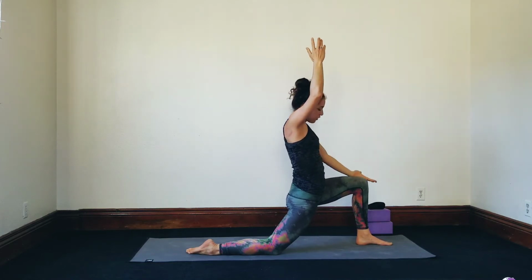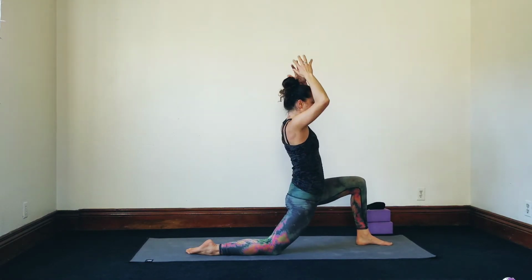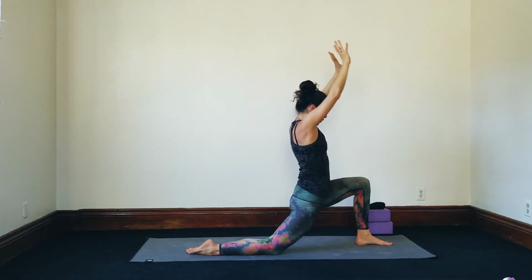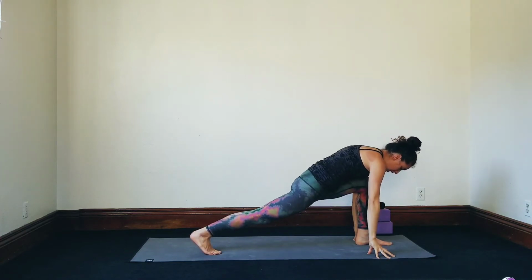Imagine you're trying to slide your front left heel back. And imagine you're trying to slide your back right heel forward. One more breath in. Exhale, slowly drop both hands down. Tuck your back toes, lift your back knee off the ground. Inhale,